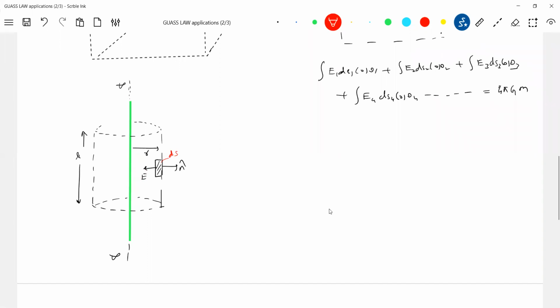Okay, I agree with this one. What about here, sir? Here also. But how will n cap be for this surface? And what about here? n cap will be in this direction. For a cylinder, I think you know there are 3 faces, 2 flat and this is a curved one. Agree with this one. So everywhere what happens? E bar at all points is constant. Can you remember the formula? Already we derived it. E bar at all points is a constant, and we have defined lambda as mass per unit length. Okay, let's come to the formula. I assumed a cylindrical Gaussian surface. What is this? This is cylindrical.